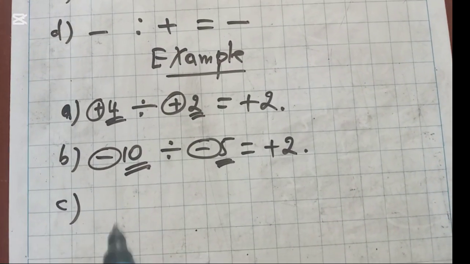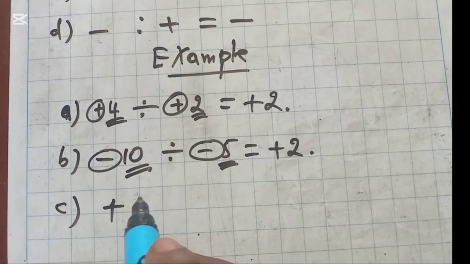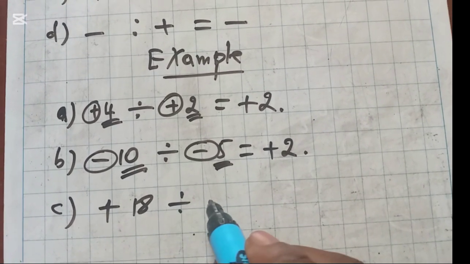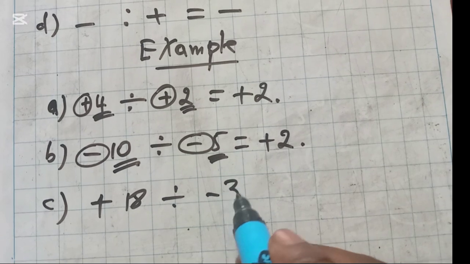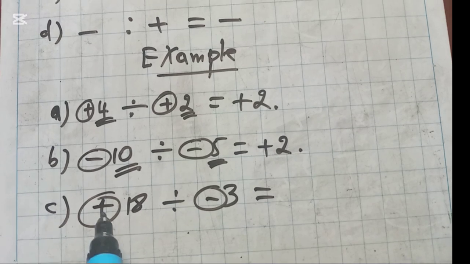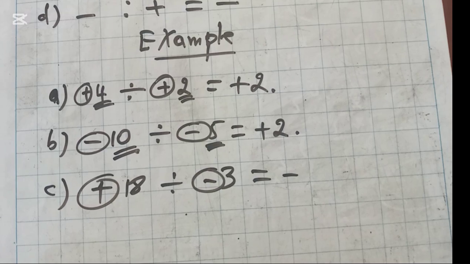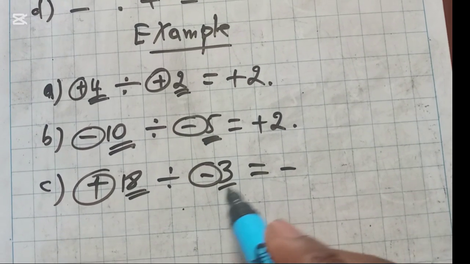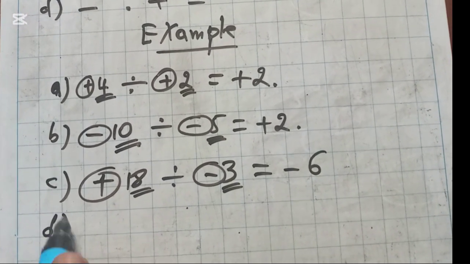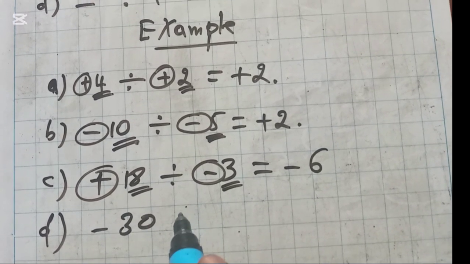Number C, like you have plus 18 dividing by minus 3. Here you have positive, you have negative. When we are dividing numbers with different signs, the quotient will be negative. Now 18 dividing by 3 will be 6. Number D, we have negative 30 dividing by